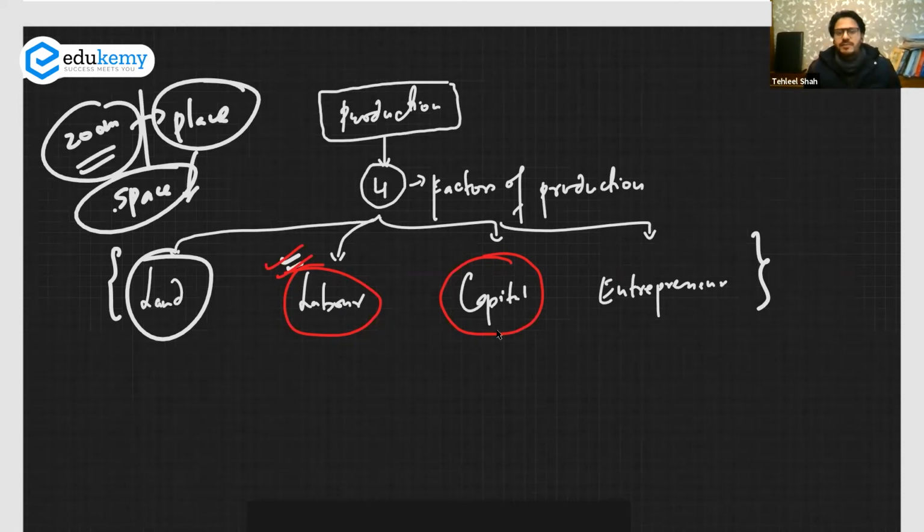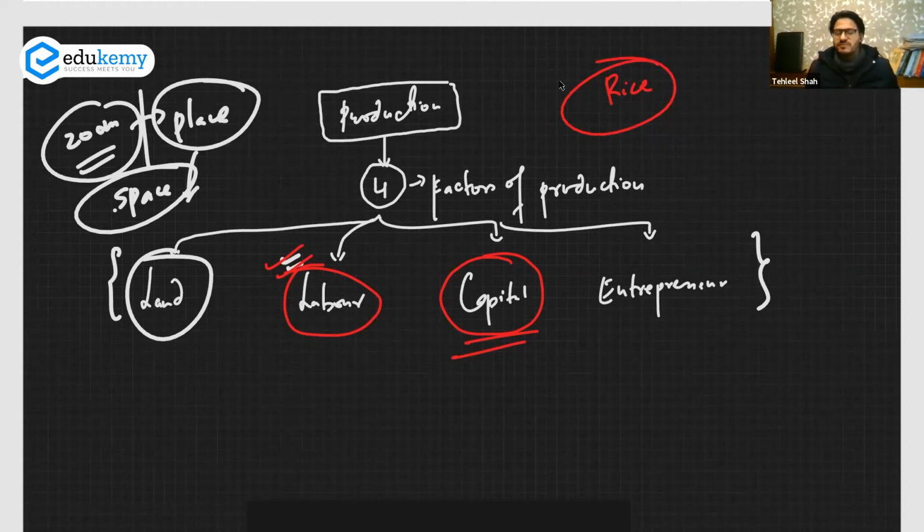Fine. So this capital becomes an important factor of production. Without capital, there is no production. There cannot happen any production. If I am the producer of an agricultural commodity, say I am the producer of rice, I have to produce rice. I cannot produce rice until I purchase the seeds of rice. So that would be a capital in that case.